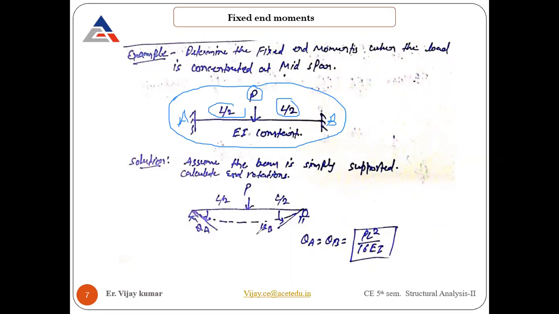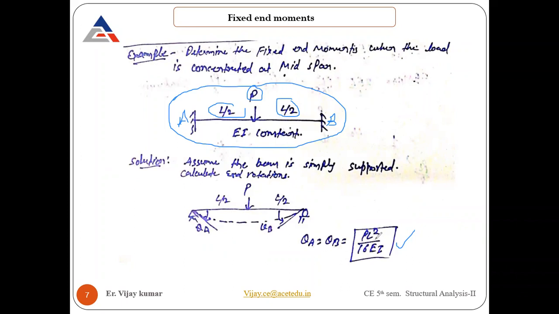The methods we have already seen in your structure analysis. One is the double integration method. We have Castigliano's theorem. We have strain energy methods. We have the unit load method. We have the moment area method, conjugate beam method. Any method you can use according to your knowledge. Fix one out of them and calculate theta A and theta B. Otherwise, we are not interested in applying those methods to get these values. Just remember the values that come out due to this load applied.